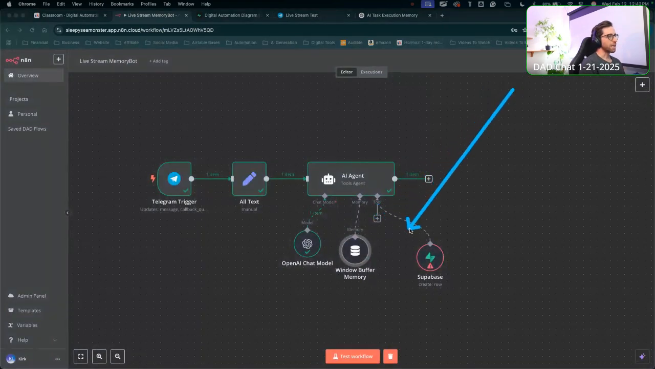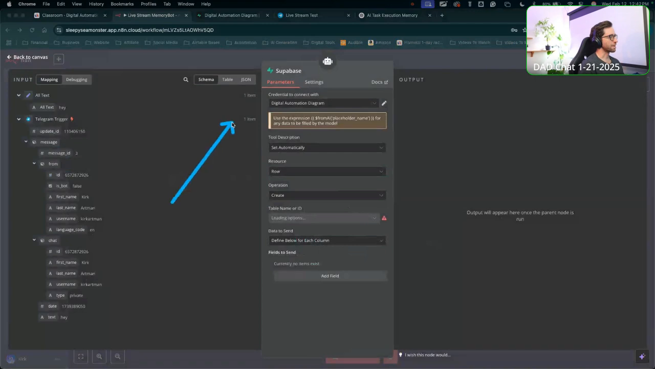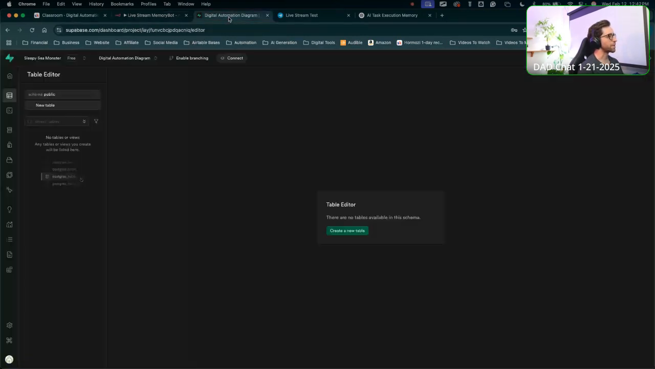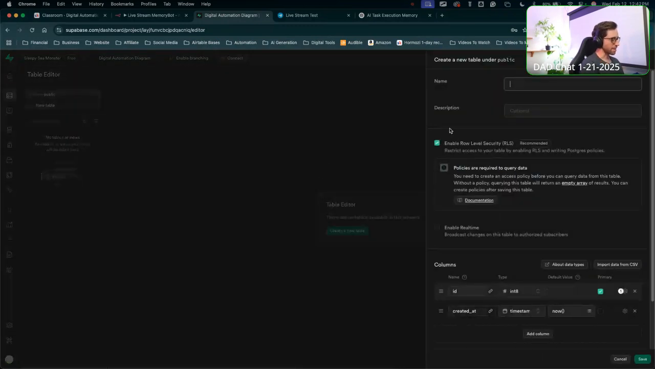So added the Supabase tool. I've got my credential here. I'm trying to find my table, but I don't actually have a table set up yet in this particular project. So I'm going to jump into Supabase and create a new table. And we'll name this live stream memory bot